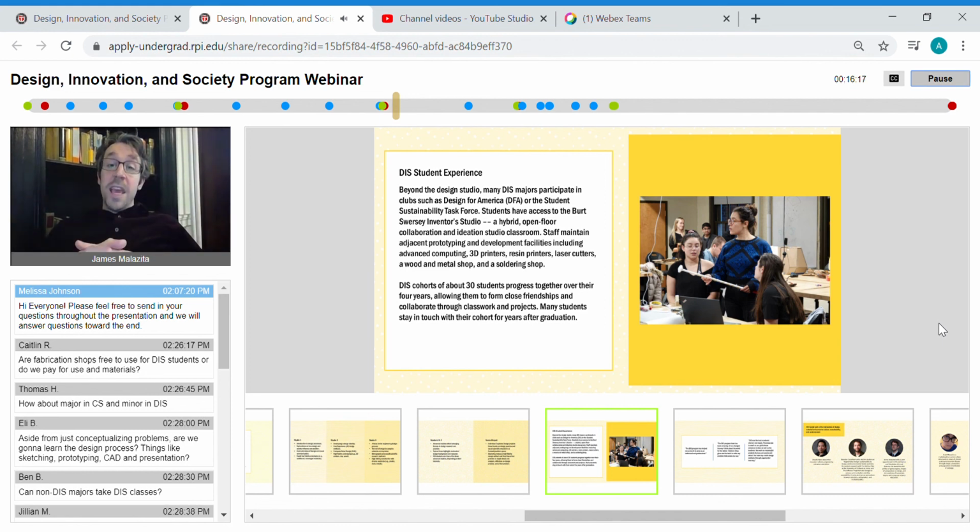You're almost always taking classes only with other DIS majors in your studios, so you get to know each other really, really well. You also have first dibs on our manufacturing and fabrication spaces, which include our digital fabrication lab, which has laser cutters, 3D printers, soldering equipment, as well as Arduinos and other microcontroller access. But it also includes a new, very robust wood shop and metal shop. So you can make really, really advanced wood furniture and metal prototyping